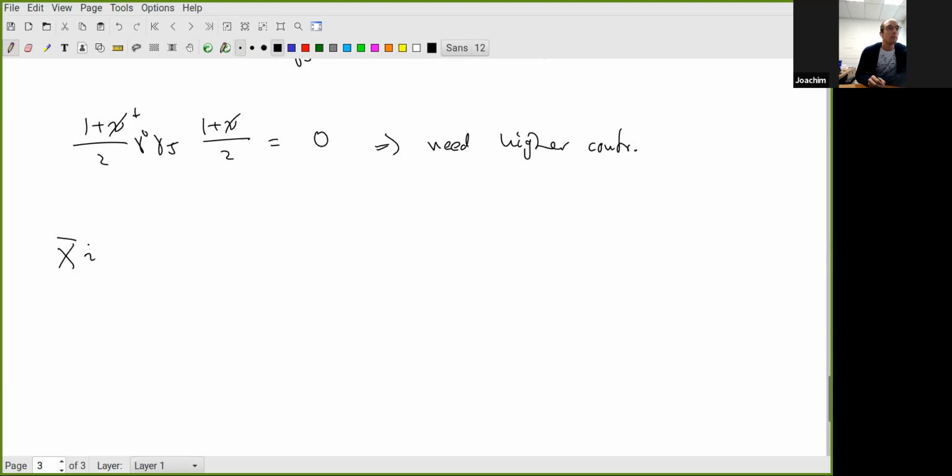So we go to the next order and we write chi bar i gamma 5 chi equals. So now we keep the first non-trivial term in this expansion, and it looks like the following: 1 minus i d slash acting on